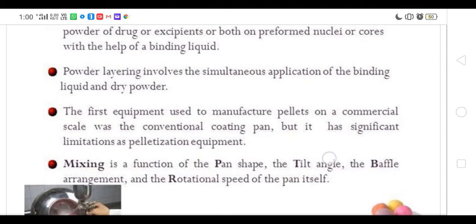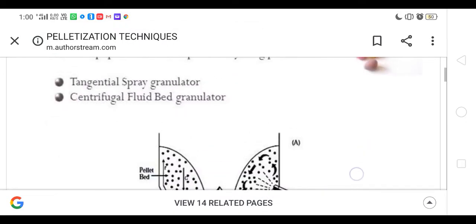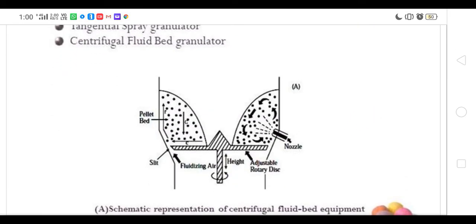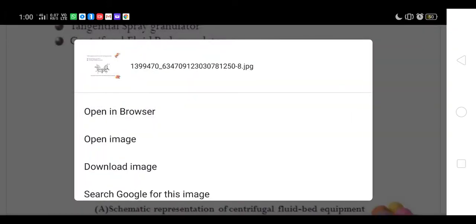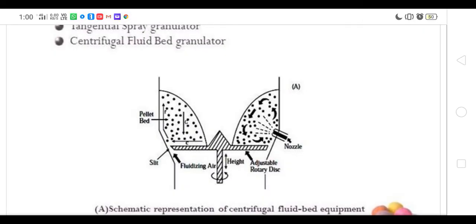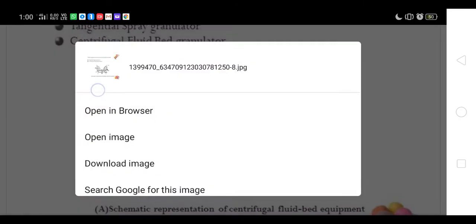Now this can be done in a conventional coating pan, in which you load the powder, or in a centrifugal type of bed granulator in which you prepare pellets. The dry powder is loaded in this, and an adjustable rotary disc gives you centrifugation. Because of this, the powder is thrown onto the wall, and from the gap between the wall and this disc, fluidized air is passed, so it will give you fluidization